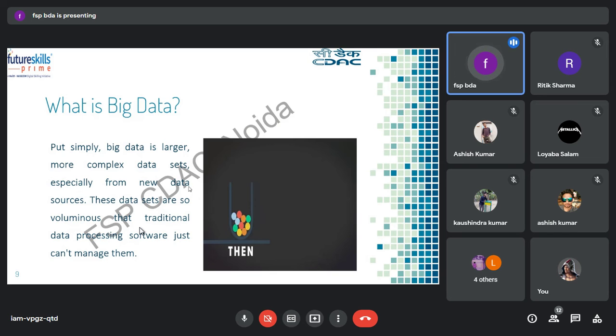These data are mostly generated using new devices like smart devices, smart watches, smart TV, smart home. Social media is also a very big source for generating this data. So these data sets are so voluminous that traditional data processing software just can't manage them,